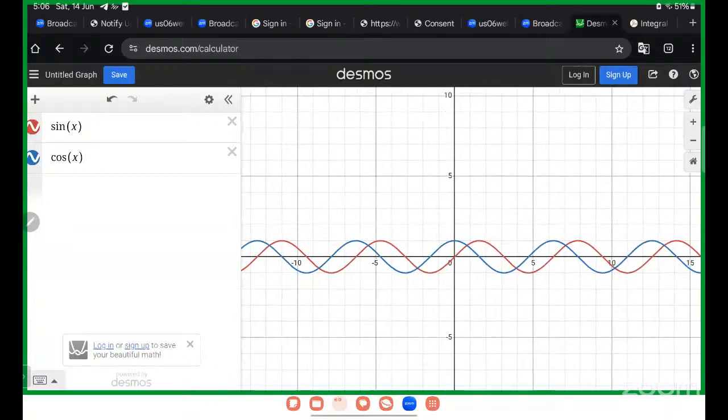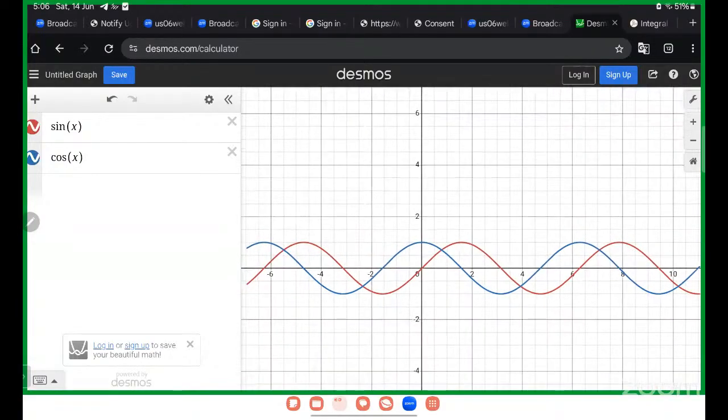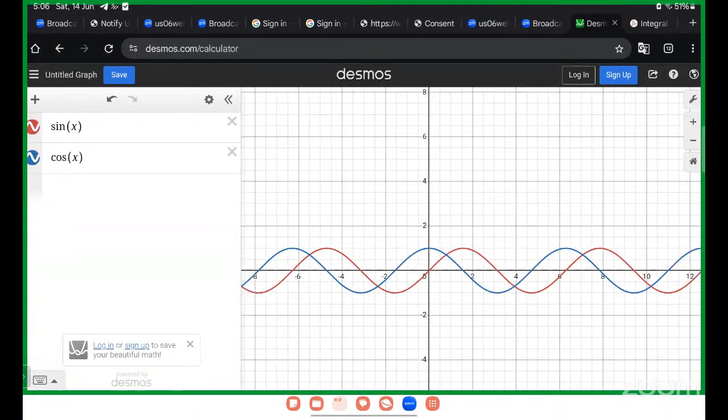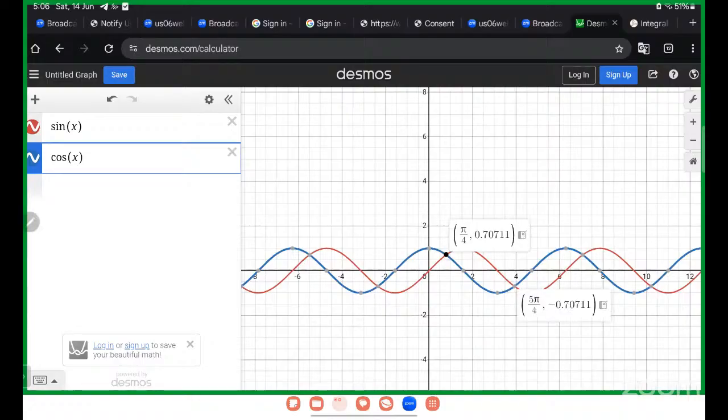We can find the point of intersection of these two graphs with the help of Desmos. Just click on the intersecting point. The point of intersection of sine and cos is pi by 4, and the value at that point is 0.707, which is 1 by root 2. These are a few graphs we can plot with the Desmos tool.